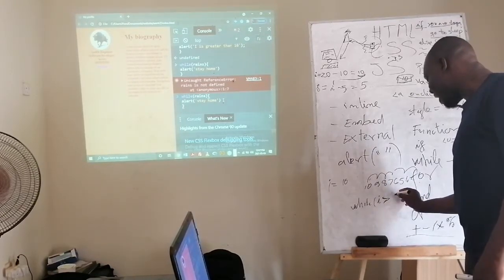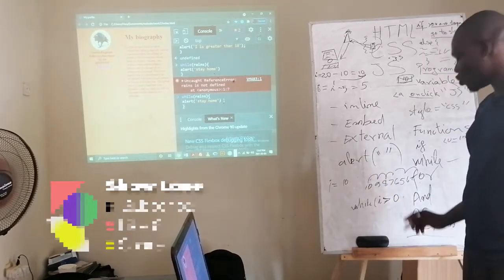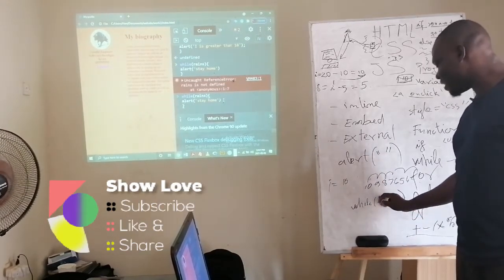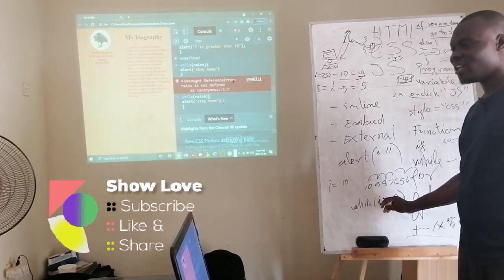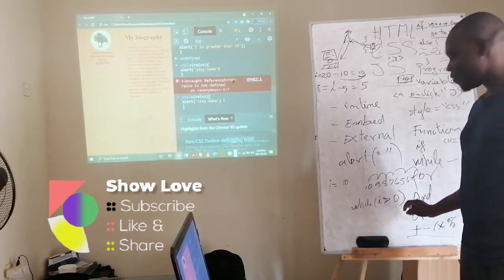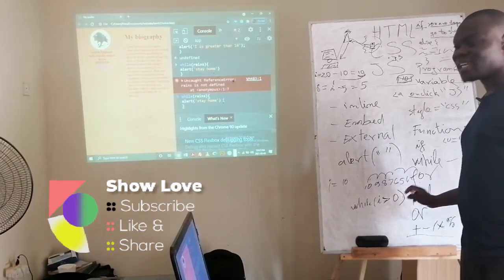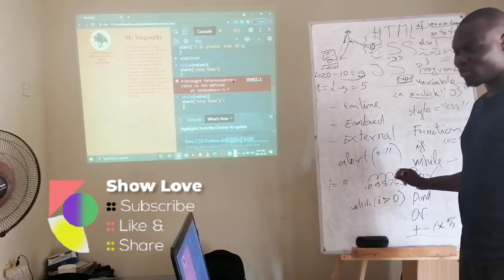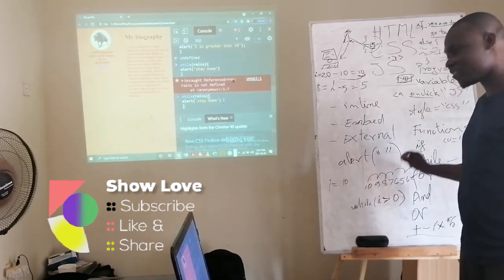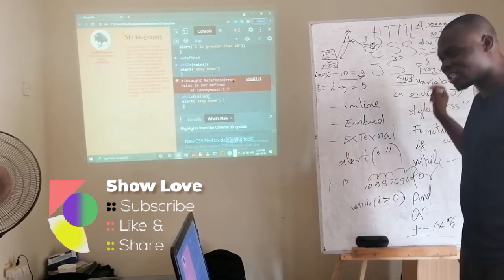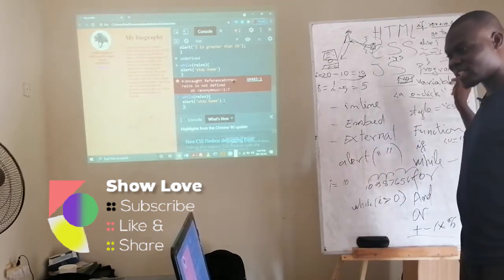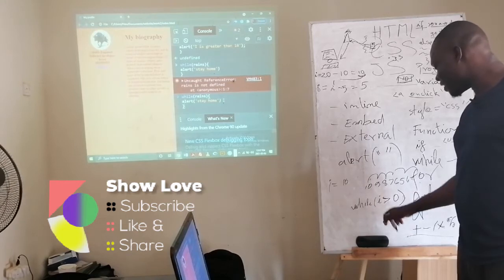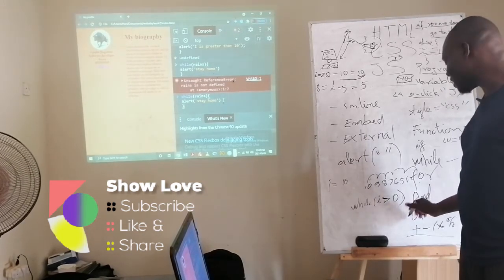So as far as I is greater than 0, which means as far as the value inside I is not empty, because if it is 1 inside, 1 is greater than 0. If it is 2, 2 is greater than 0. If it is 3, 3 is greater than 0. If it is 9, 9 is greater than 0. If it is 10, it is greater than 0. So I'm saying as far as the content inside is greater than 0,